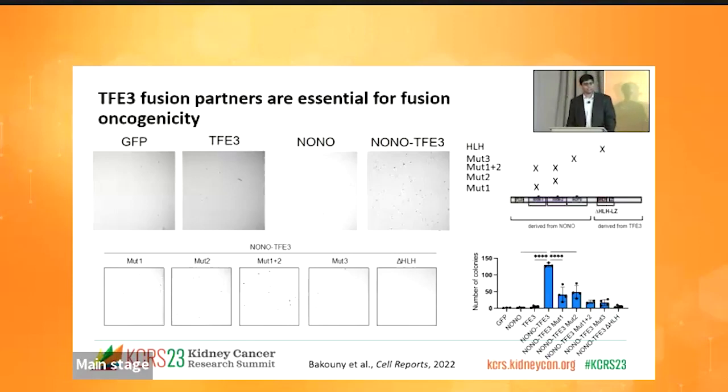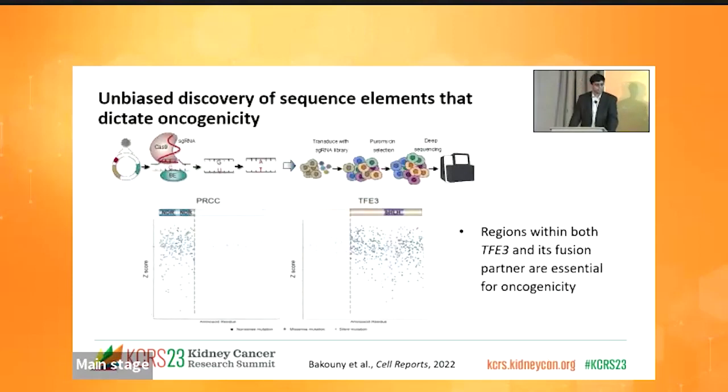We then made inactivating mutations in both the TFE3 side as well as the NONO side. And as you see in the pictures and quantified in the bar graph, making inactivating mutations on either side, either fusion partner, reduces colony formation. So that suggests that there's really functional sequence-specific elements that are important both at the TFE3 side as well as in the NONO side. We looked at this systematically in the case of another